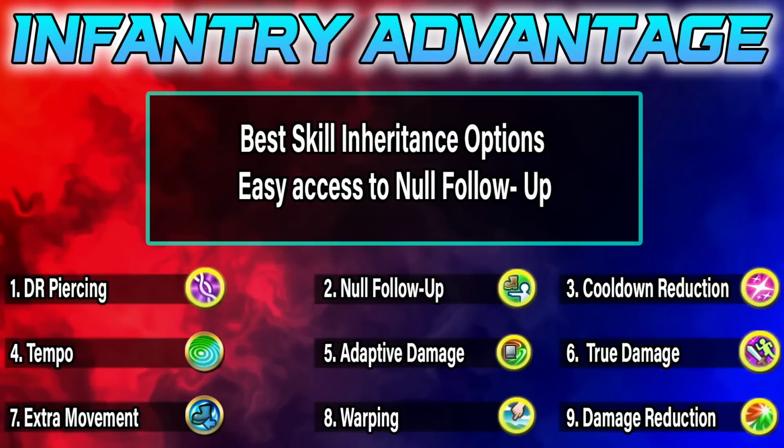One other thing I quickly want to bring up is the Infantry Advantage. Infantry units as a movement type have a massive advantage over every other movement type, and the reason for that is simply skill inheritance restrictions. I won't go super in depth here as that warrants its own video, but infantry units have access to almost all important effects via skills, such as no follow-up via the Sacred Seal, B skill, or outside support effects like